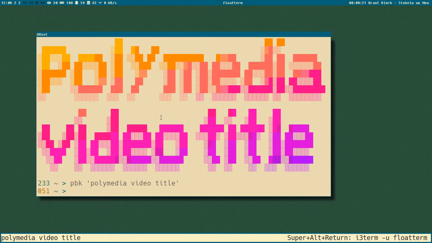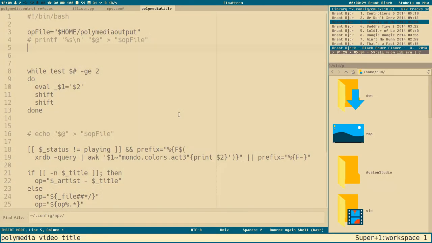And you know what we are going to do if you have watched the previous episodes. If you haven't, I recommend you do that, because this will continue where we left off in the last episodes, where we started to build a media title module in our polybar. Right now it displays the currently playing track. If I change track, it changes the title here. If I pause the track, it changes the color of the track, and if I play it again, it goes back to white. In this video, we will add some things so it will also display the currently playing video